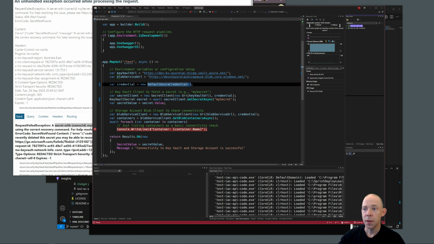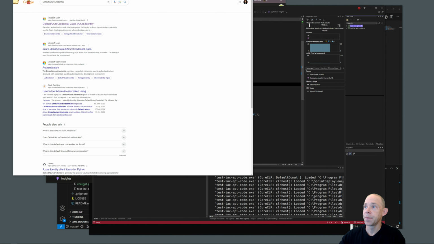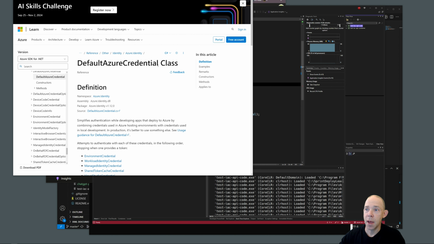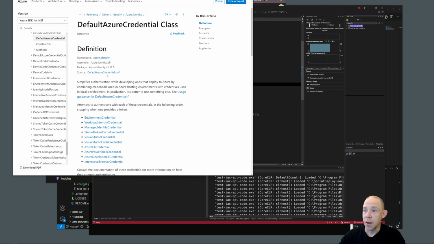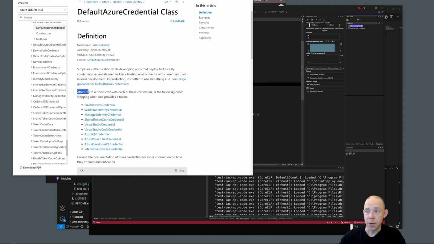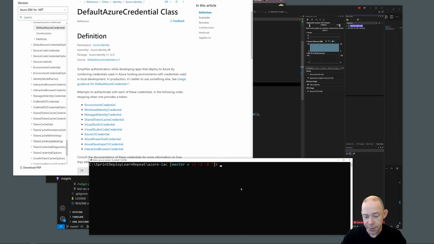So let's just Google that and come into the DefaultAzureCredential class documentation. Here it tells you it attempts to authenticate with each of these credentials in the following order, stopping when one provides a token. There's quite a few things it's going to try, including your Visual Studio, if you've got access to the Azure resource based on how you're logged into Visual Studio or Visual Studio Code, but also potentially from your Azure CLI